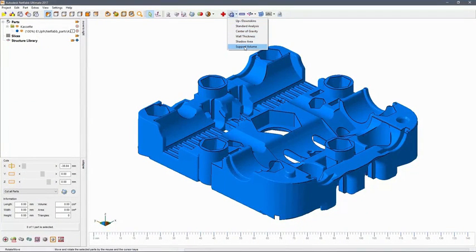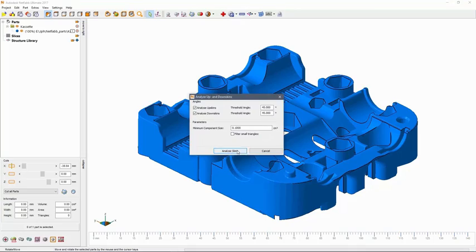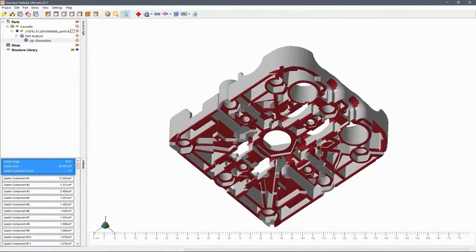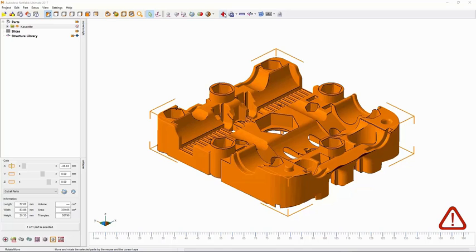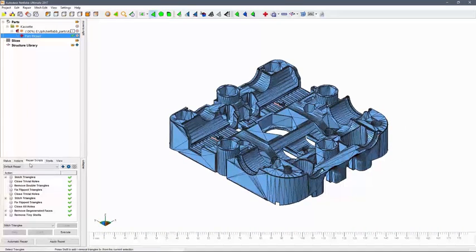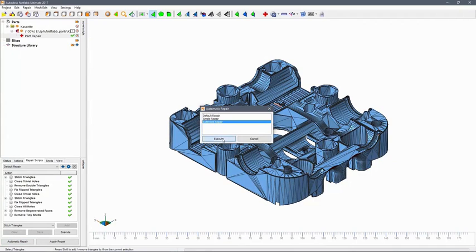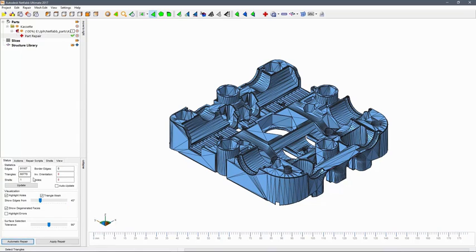Once the geometry has been read into NetFab, you can analyze part features to predict costs and build issues by getting a fast overview of wall thickness, support volume, shadow surfaces, layer times, and upskin and downskin areas. If errors occur during translation, they can be addressed in just a few clicks using NetFab's powerful mesh analysis and